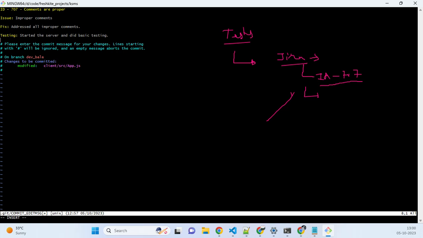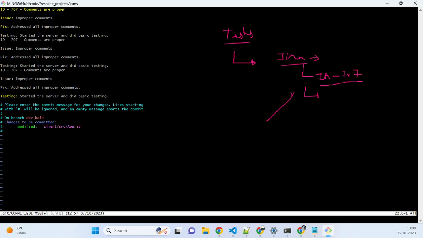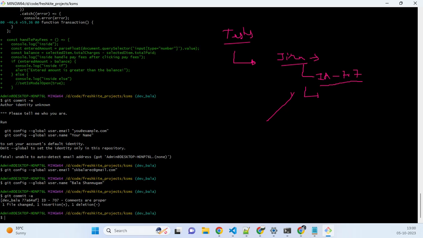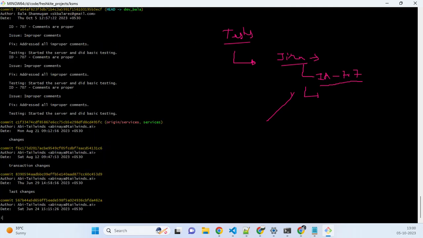So this is a Vim editor. Do an escape, and then you have to come out of the editor. Before that, you have to put colon and WQ. See here, colon and WQ to come out of the editor. Now my change is committed to the local repository. If I put a git log,